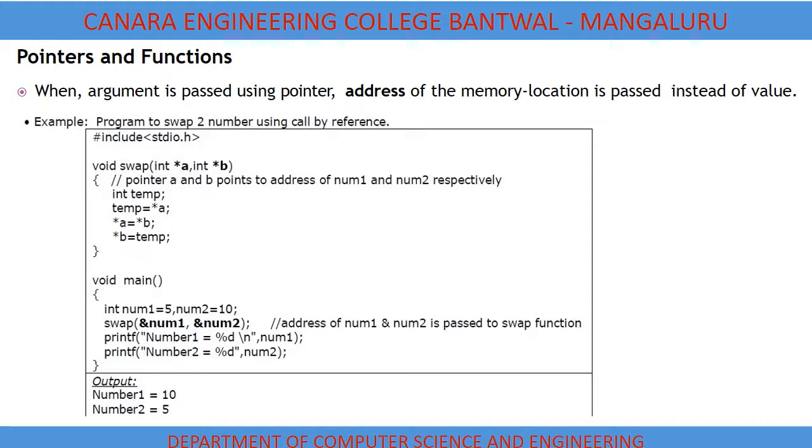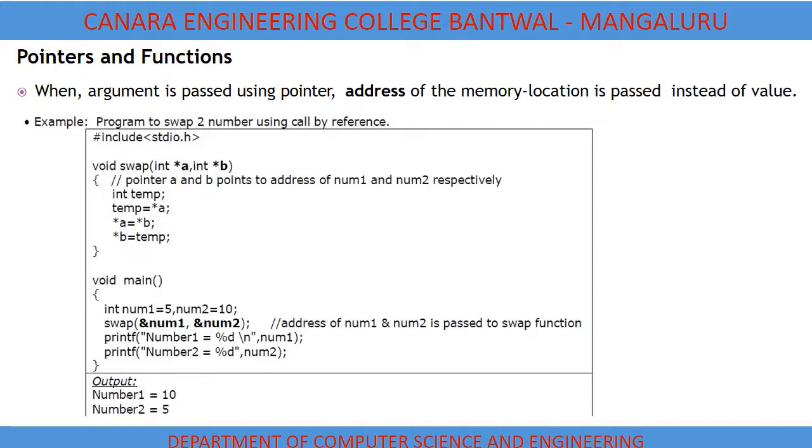We have written a function main. In main, num1 I have taken is equal to 5, we have assigned a value. num2 is equal to 10, and we are calling a function swap. When we are calling the function, we are passing the reference of the variable. So I'm passing the memory location instead of the value. Normally in the pass by value concept we pass the value, but this is the concept of pass by reference, where we are passing the address location of a variable to a function.